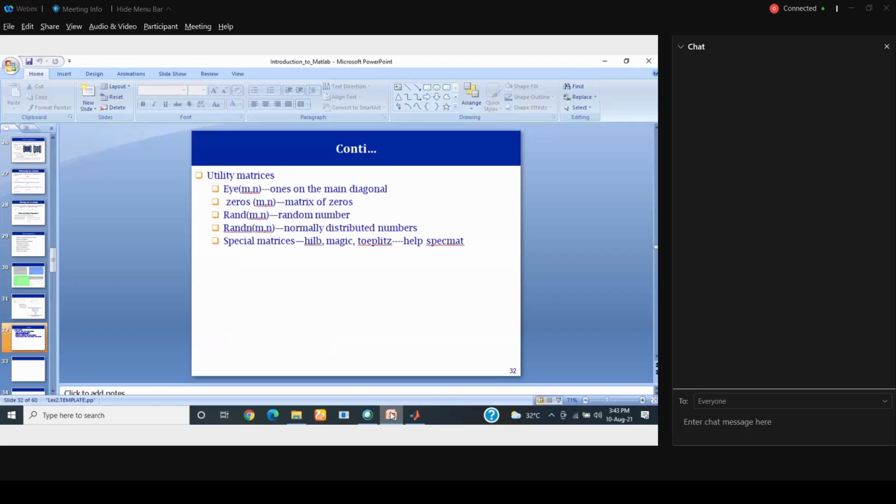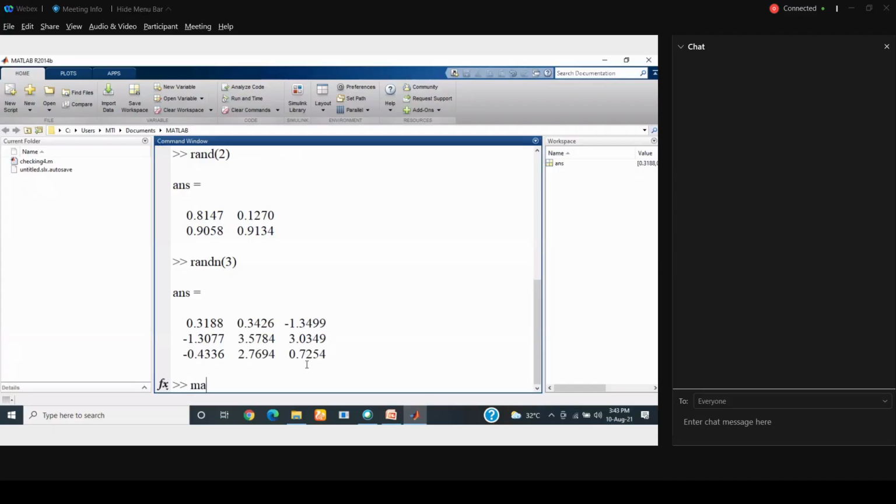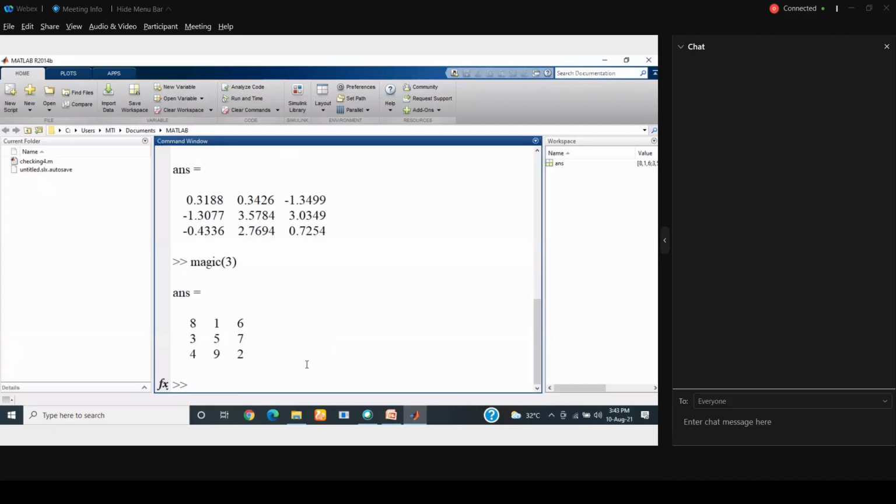And then there are special matrices like magic, Hilbert, Toeplitz. I was using magic from morning. So magic of 3. The beauty of magic is that all the elements are from 1 to 9, the square of 3. Row and column summations are equal. 8 plus 1 is 9 plus 6 is 15. 15 is the row summation.